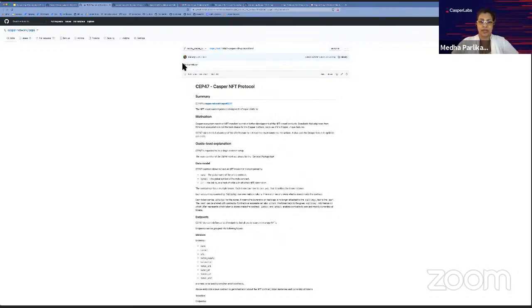One of the cool things that we were able to do is, as the features are being built out in the base protocol, we built in tandem with that a smart contract that implements those features. There's a new feature in CEP47 called Dictionaries that allows you to manage a list of many things and reference it within that list without affecting global state storage.